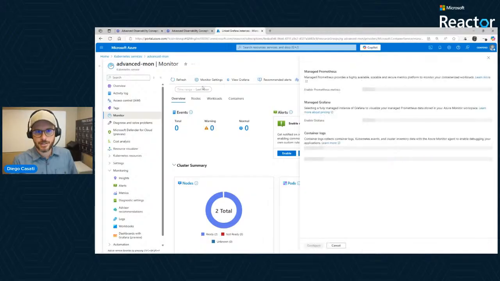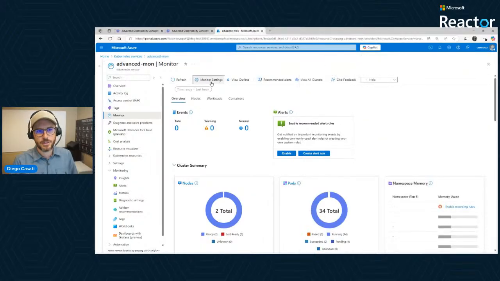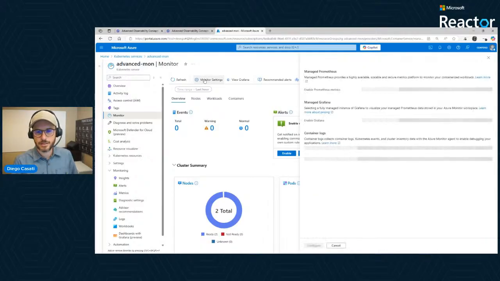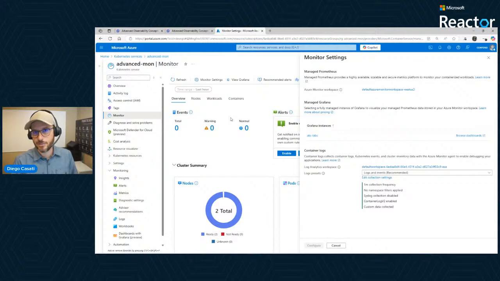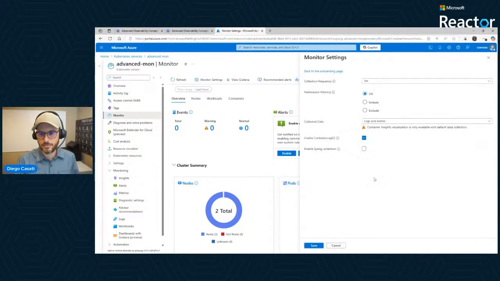An interesting thing about this, I don't know if you've had a chance to see this before, is that you do have some monitor settings. If you go to monitor settings, you can tweak a few of the things that we're going to be tweaking now, some of which actually can be done from here or as ECLI, including the frequency of the logs. I get this question all the time from our customers. If you go into monitor settings, container logs, and then you change this here, you can change the frequency of the collection, and supposedly you don't want to get every log out there.